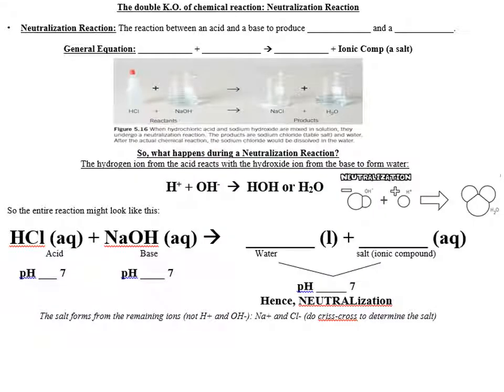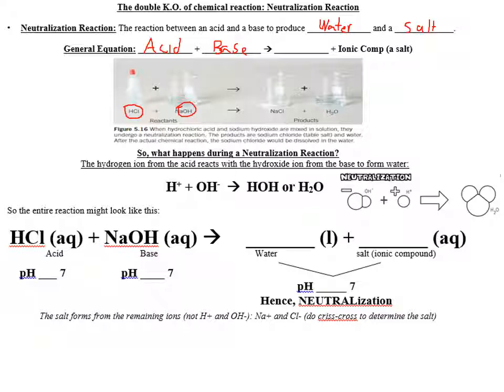So here we have a neutralization reaction, which is really just a reaction between an acid and a base, and it produces water and a salt. And a salt is really just an ionic compound produced by a neutralization reaction, produced by an acid-base reaction. So the general equation for an acid-base reaction is simply acid, depending which acid it is. So for example, here the acid in this example is HCl(aq), plus your base. In the example shown below, the base is NaOH,